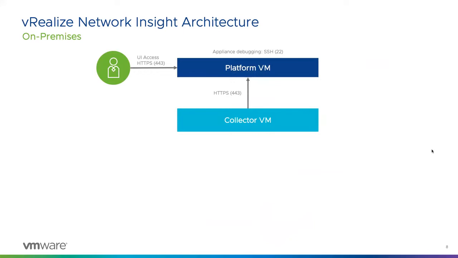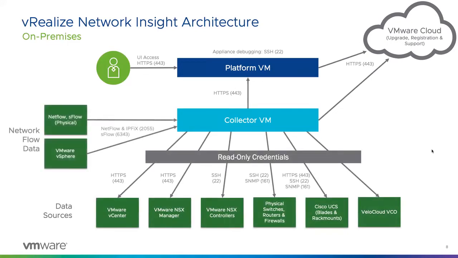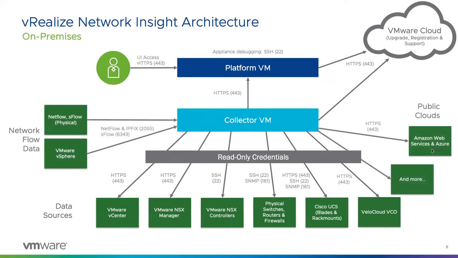Again, talking about the architecture, when we're talking about vRealize Network Insight on the on-premises version, we're focusing on a platform VM or cluster of platform VMs that could be deployed, which are going to be virtual appliances, and again, collector virtual machines. You can see some of the access, being web-based. We have one-way communication from our collector VM, sending all of the data. The nice thing about the collector is it's taking all of that data, and let me just let this slide build out here,